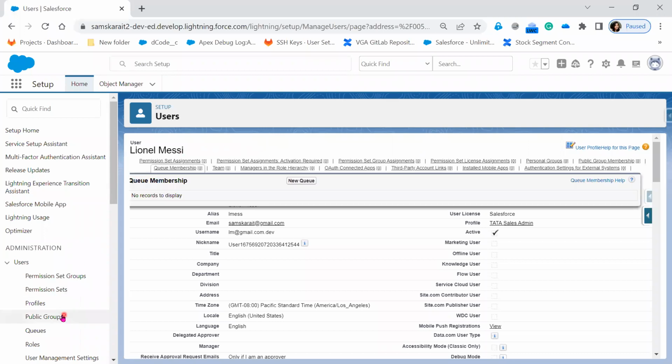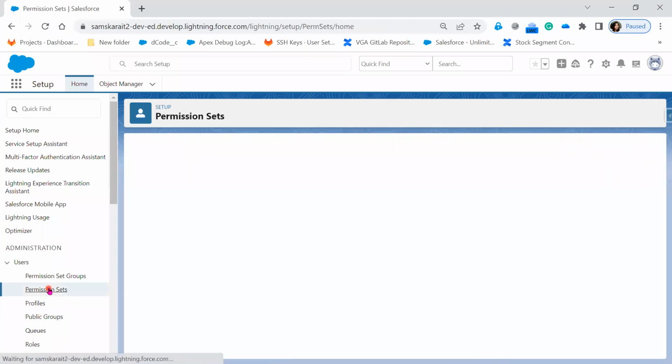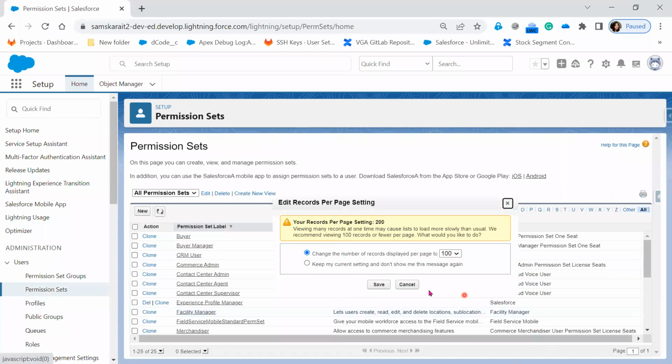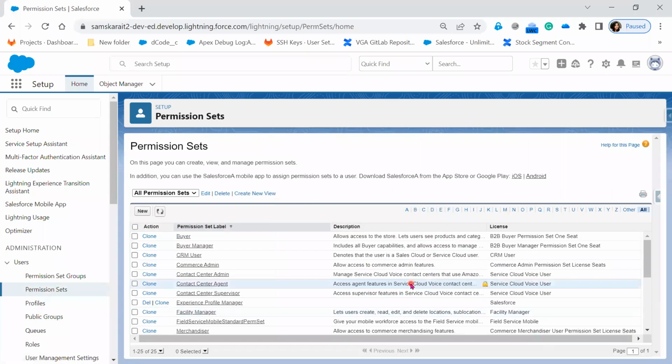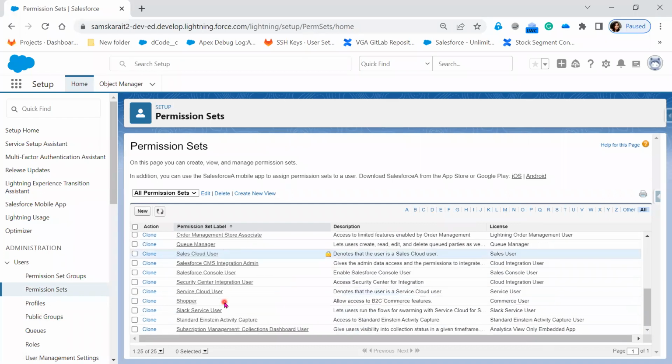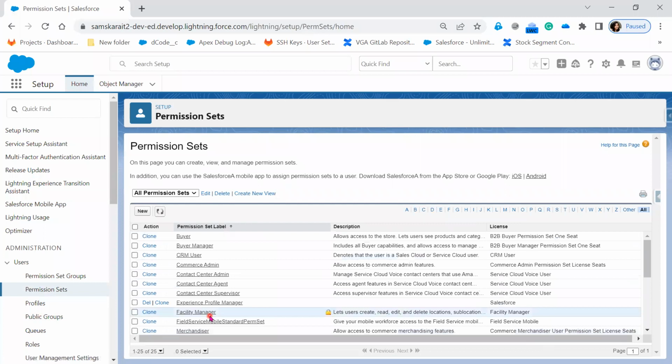In order to create a permission set, go to Setup, Users, Permission Sets. Right now we are seeing 25 permission sets, which are created by default by Salesforce. Based on your Salesforce edition, these will be automatically added by Salesforce. Now I'm going to create a new one. Okay, before creating a new one,